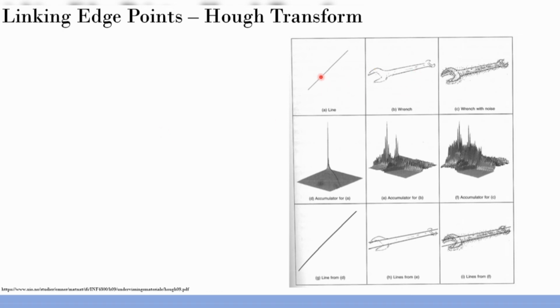Okay. So you consider a straight line. So you go this way, okay. So you have a straight line, okay. So basically this is the output of an edge map. I had something like this. So I take this pixel, this pixel, this pixel, this pixel. It will form a lot of lines.